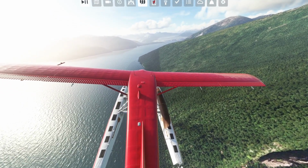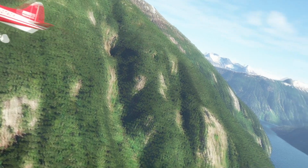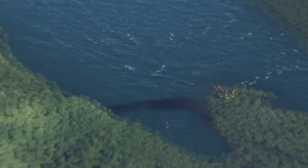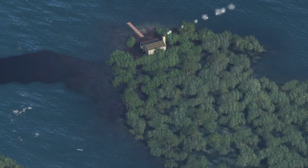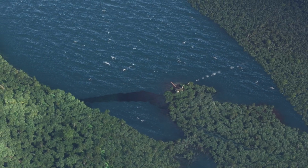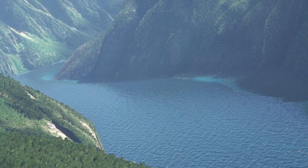Oh god. Can we see it down there? We can! Look. Not much, but it's something. And there's another one at the other end of the lake over there somewhere,